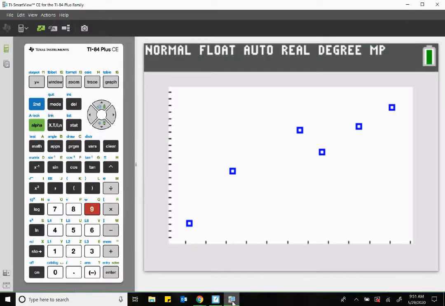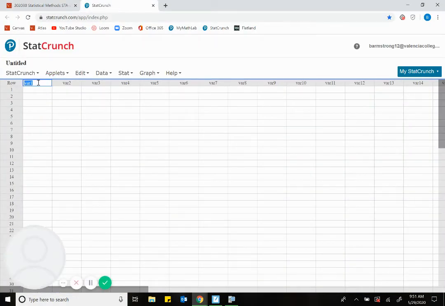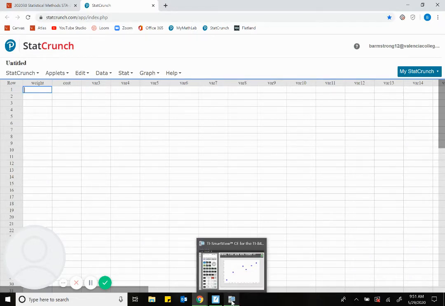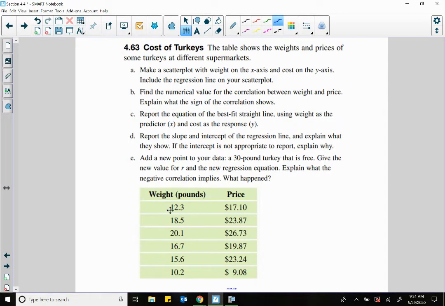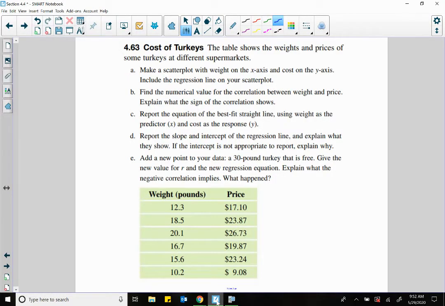And let's put this information into StatCrunch. So this is the weight, and we'll get that scatter plot drawn up at the same time. So 12.3, 18.5, and 20.1. Again, I like working with StatCrunch a lot better because you're going to get all of your information